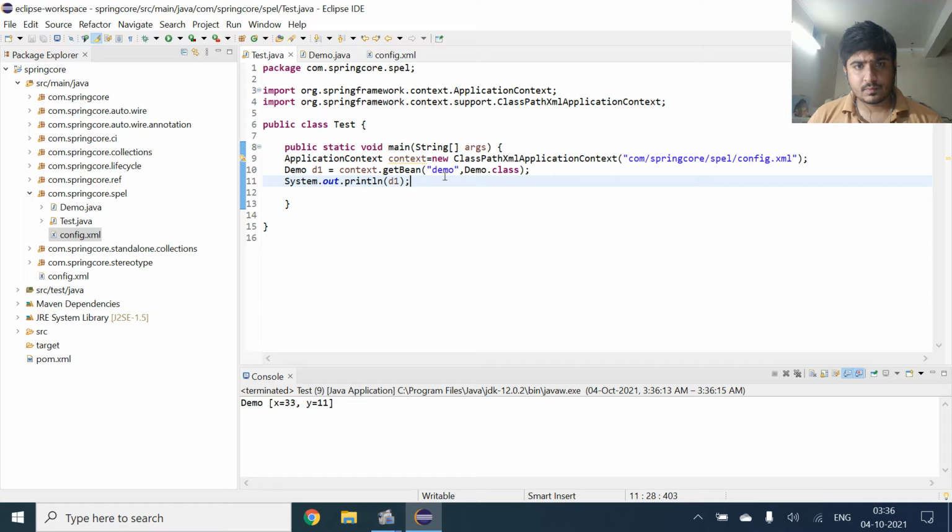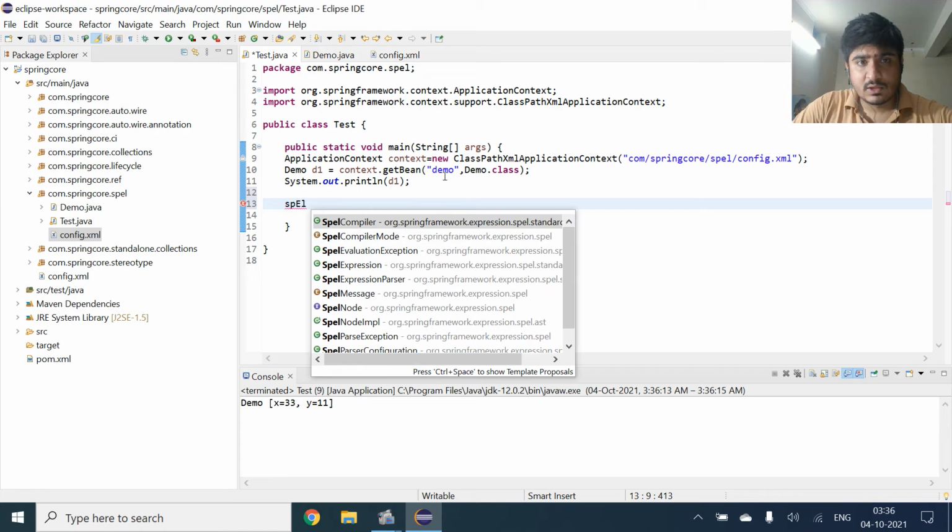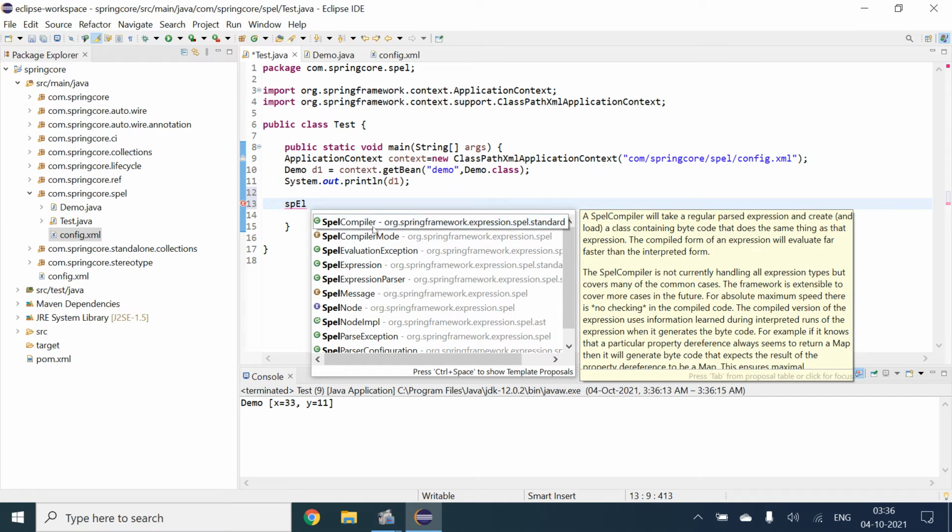So basically we have an expression class SPEL and we have this expression parser.